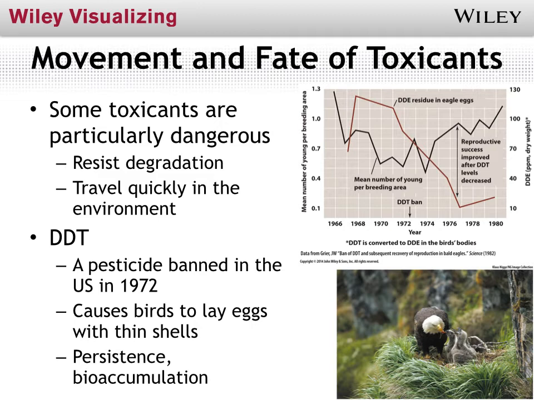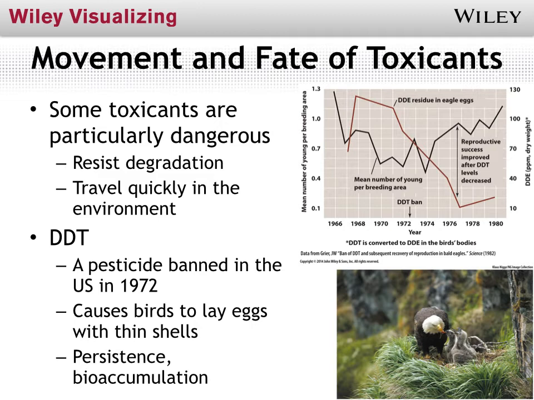Again, DDT is a very persistent chemical. It's fat soluble, so it can accumulate in the fatty tissue of animals. It doesn't degrade in water, so it stays in the environment until it's ingested by something living. And then also, DDT has the ability to bioaccumulate. Again, because it resists degradation, it can move quickly through a food chain.